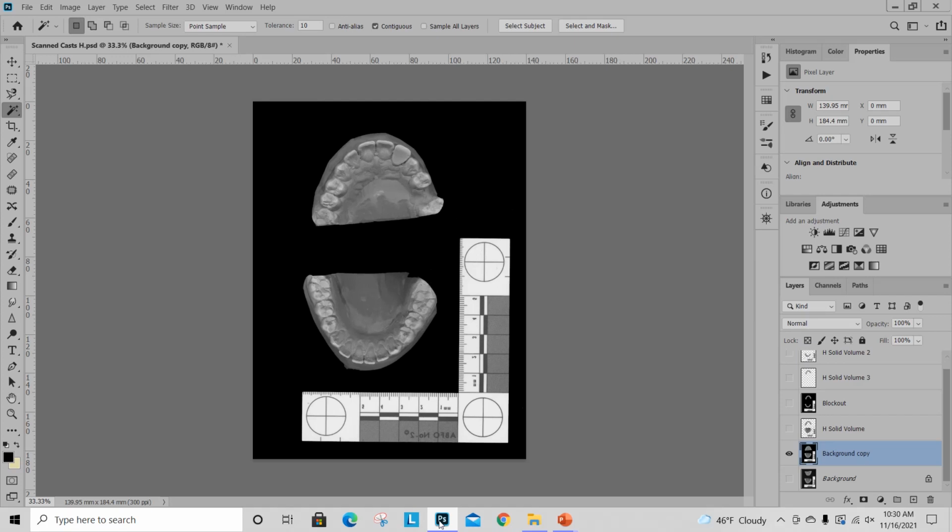I am going to pull back up my suspect cast. You'll notice that this is the same Photoshop file we've been working in. You'll see all my solid volume overlays there. You'll see my blockouts here. You'll notice from the ruler being backwards that we flipped it. Everything's in the right orientation that we want. So again, this is the same Photoshop file that I've been working in. There's no reason for you to make multiple Photoshop files for each different type of overlay. Just do it all in the same file so that all of your overlays, once you've got them all made, are in the same